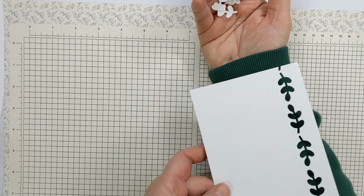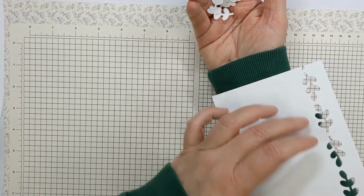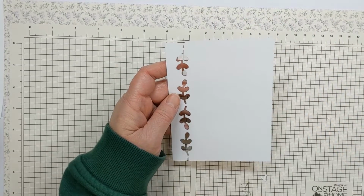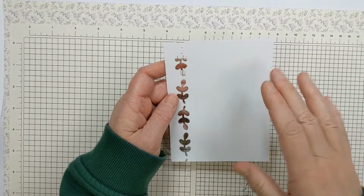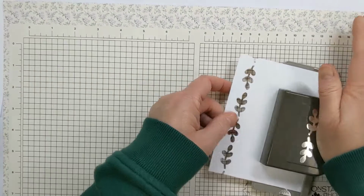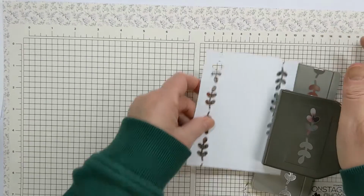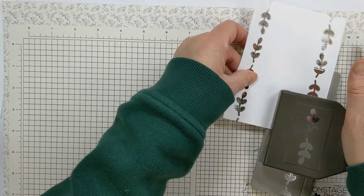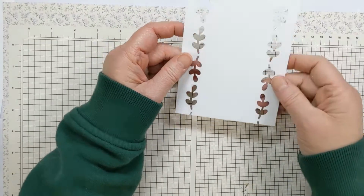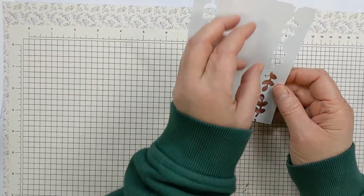So if this was a colored paper, you layer it and whatever's underneath will show through. You could then layer up whatever you've stamped. You could put a layer over on this side. You could also punch again down this side. Like so. And now you've got the space down the middle that you could use as your focal image point,